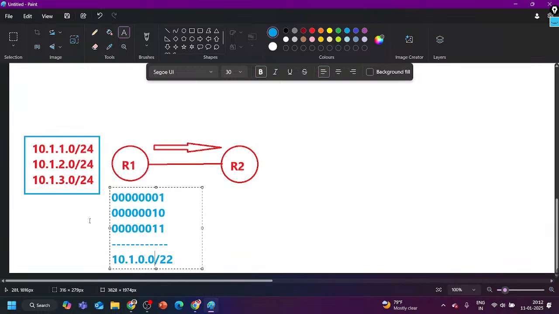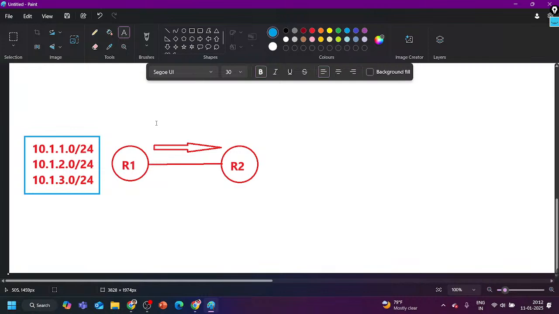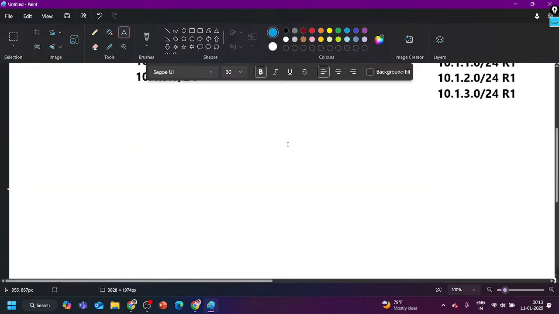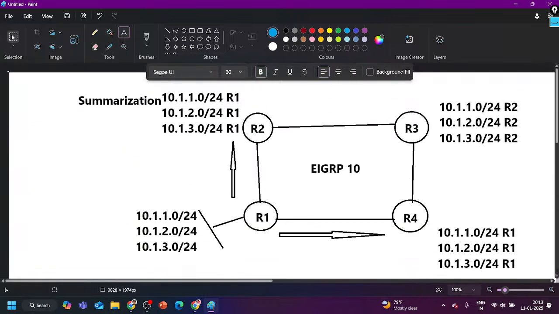Right? So router 1 will not advertise all these individual prefixes. Instead of that, it will advertise this summary address 10.1.0.0/22. How many routes in the routing table? Only 1, right? So summarization is used to